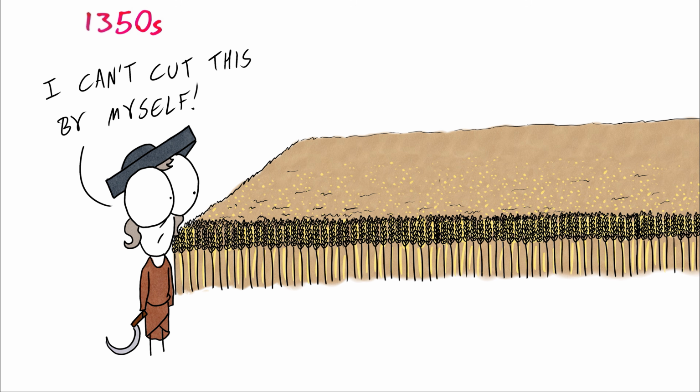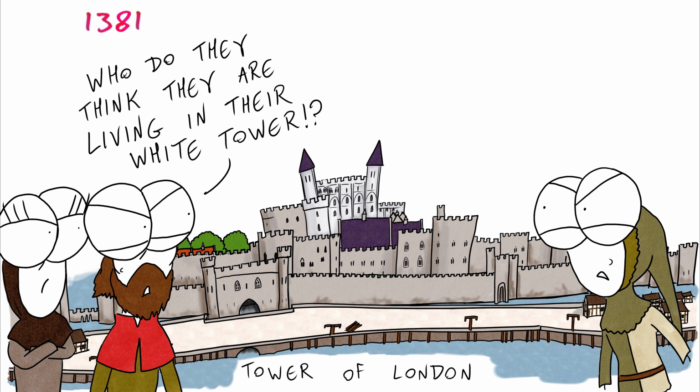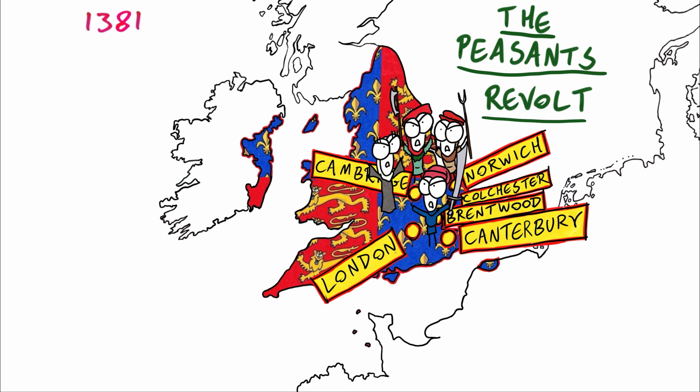The system for peasants at the time was serfdom, where peasants were bound to work for a lord and land, not free to work wherever they want. Still feeling the long after effects of the Black Death, subsequent outbreaks, and a new poll tax, which was often violently collected from the poor, the peasants in the southeast had had enough and rose up in revolt against the establishment, against John of Gaunt, demanding an end to serfdom.